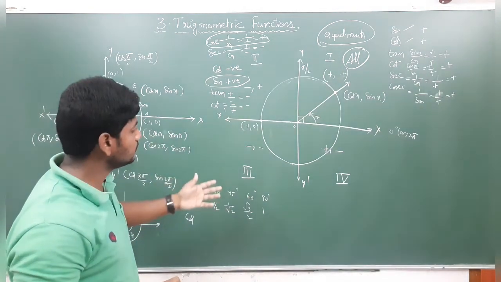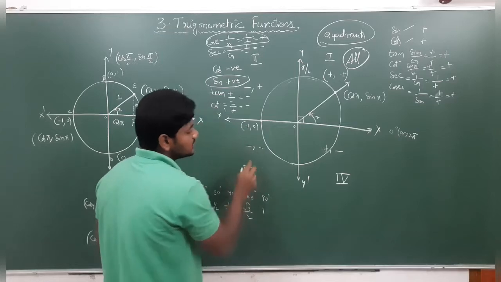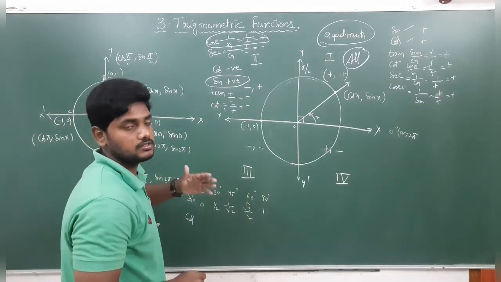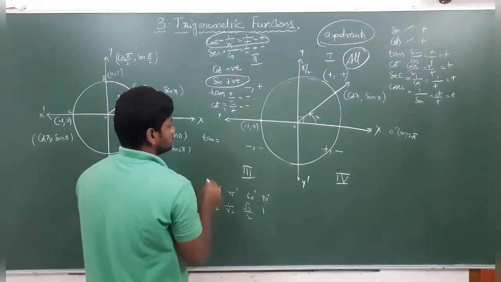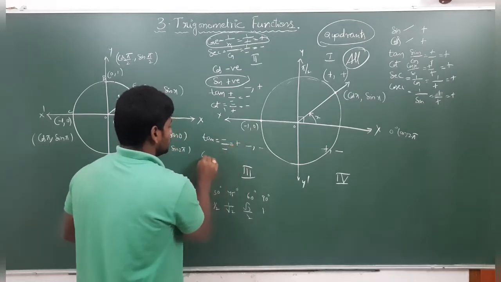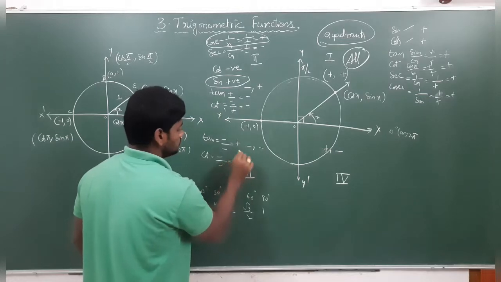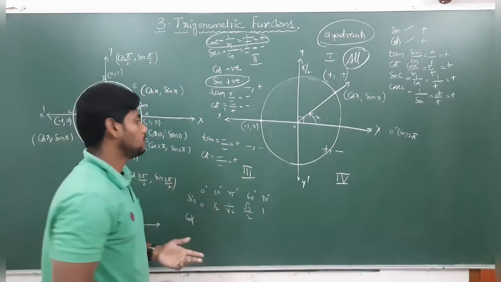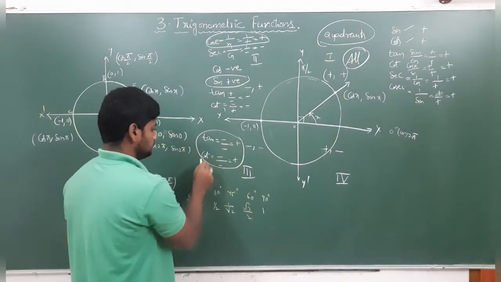Like that, in the third quadrant, if you observe, both cos and sin are negative. What is tan? Tan is sin by cos, both are negative. Minus by minus, so tan is positive: sin by cos, negative by negative is equal to positive. Next, what is cot? Cos by sin, again negative by negative is equal to positive. But sin, cosecant, secant and cos are all negative. In the third quadrant only tan and cot are positive.